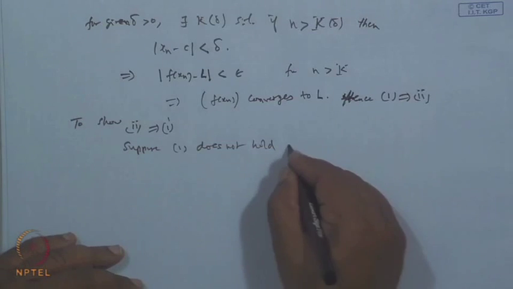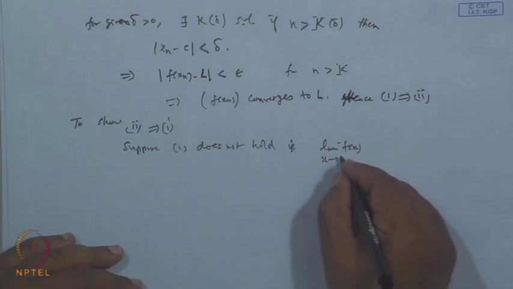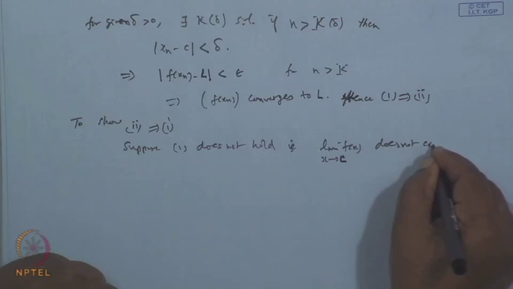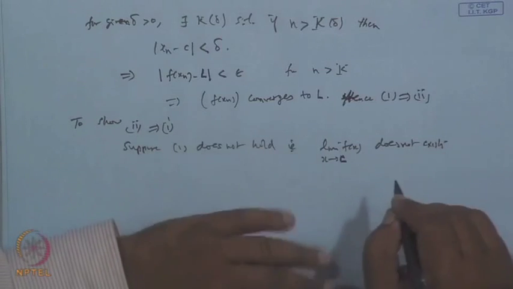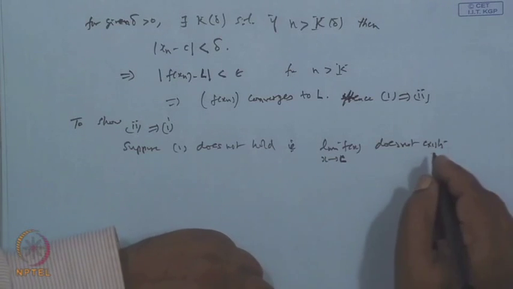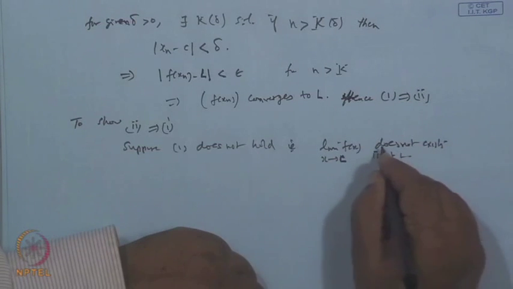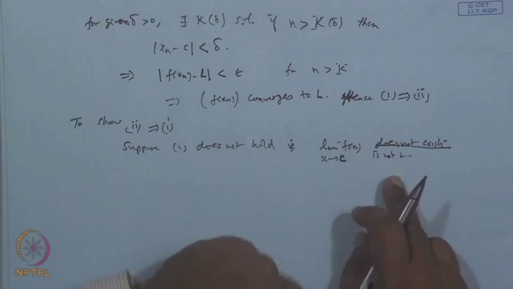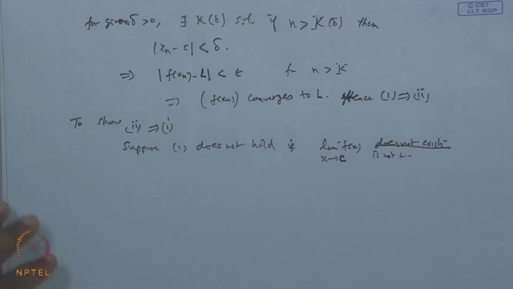It means that the limit of this function f(x) when x tends to C does not exist, or does not go to L, is not L. Suppose this limit is not equal to L. Okay, does not exist or is not L. We can say like this. So if it is not L or different from L, what do you mean by that? It means that if 1 is not true, then there exists